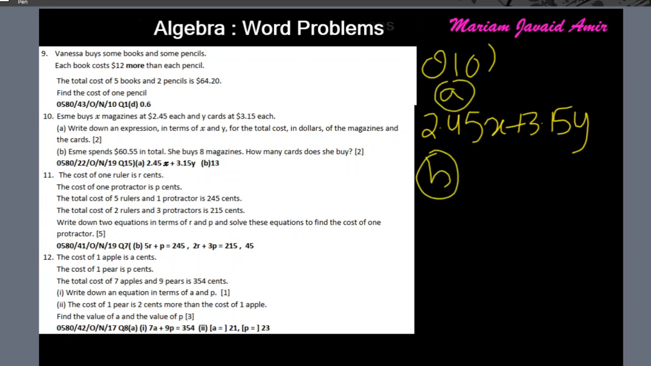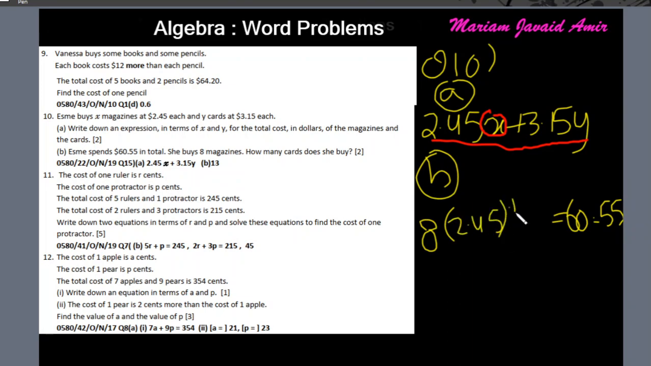Part B says Esme spends 60.55 in total. She buys 8 magazines. Now how many cards did she buy? So she spends 60.55 in total and she buys 8 magazines. So all we need to do here is in the above equation substitute x equals 8 and then get the value of y. So x is already 8, multiply it with